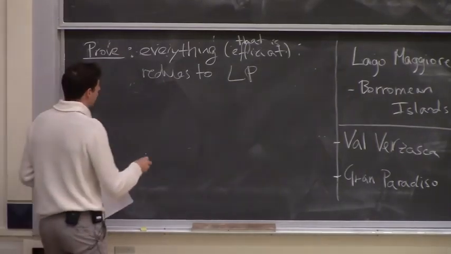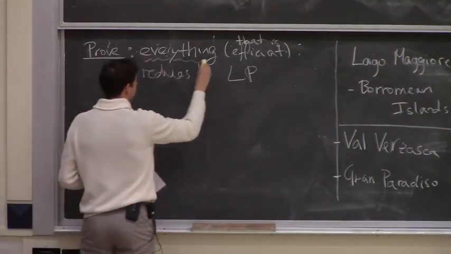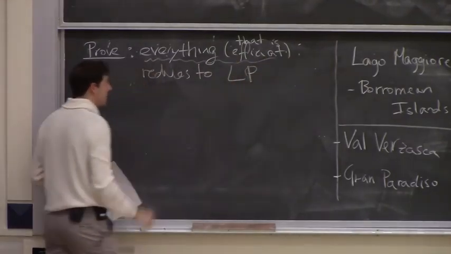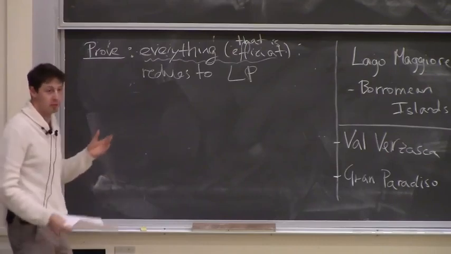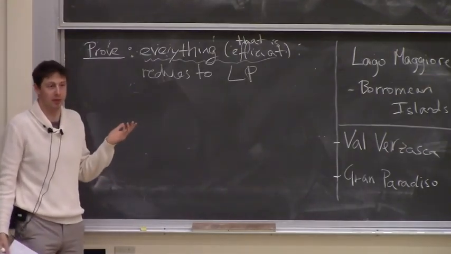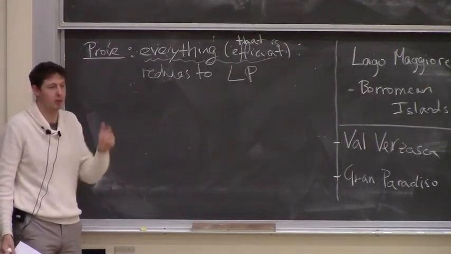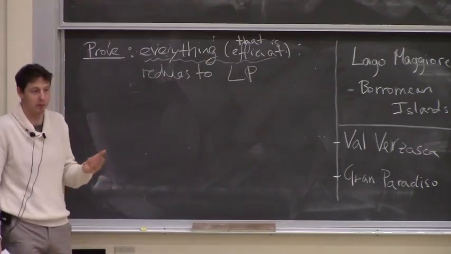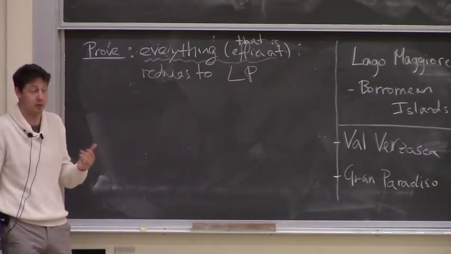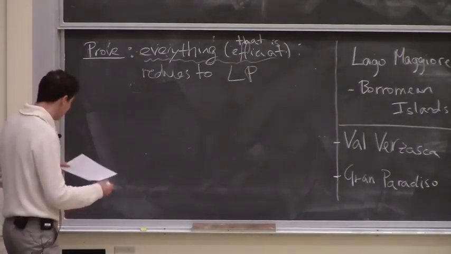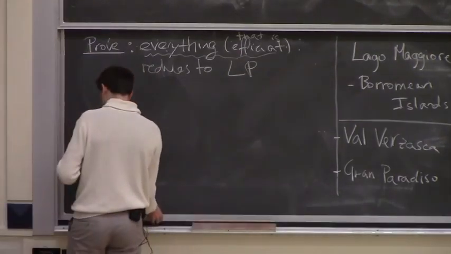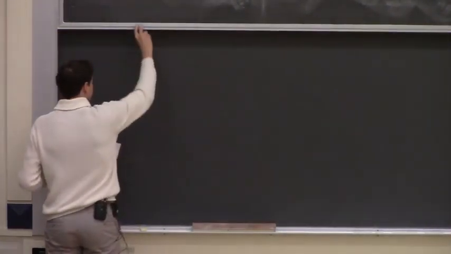Now, we have to somehow formalize everything that is efficient. That's kind of hard, right? There could be problems that we've never met before, and they are efficient, and we have to talk about them too, right? Maybe there are problems that tomorrow we discover are interesting. We never even formulated them yet. So how do you even talk about it? So the way to talk about it is using